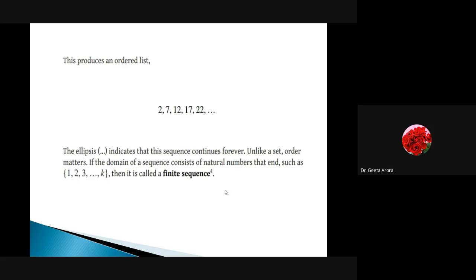So here we have written an infinite sequence. We have shown some of the terms, and then we have written a comma followed by an ellipsis to show that this is an infinite sequence, right? But if it is followed by a final number, meaning we are going to take the last number also into the picture, here you can see the example, then this is known as a finite sequence. So this is how we go about sequences.